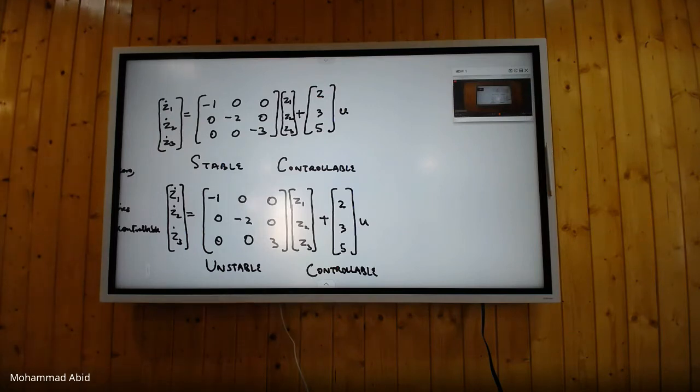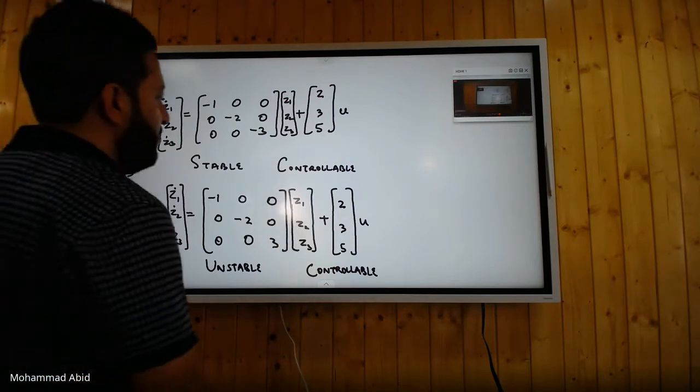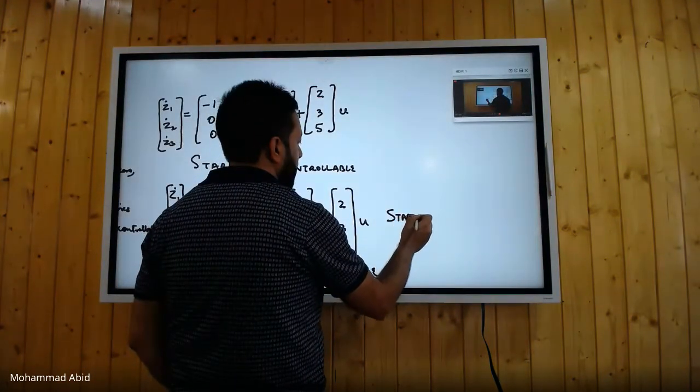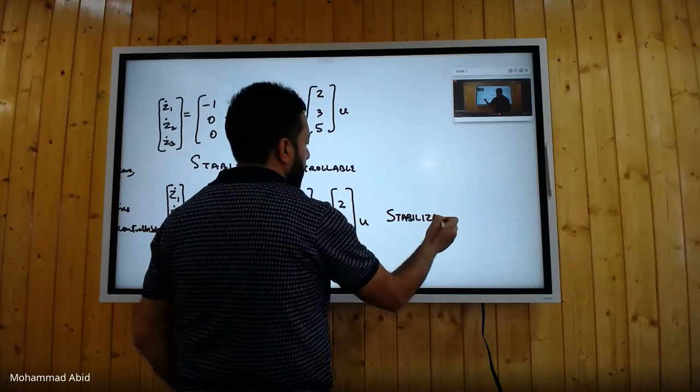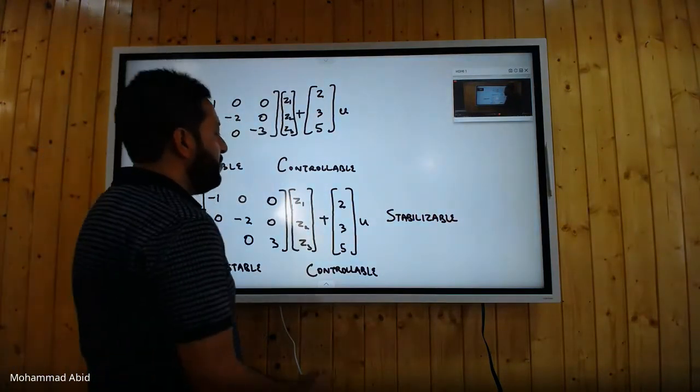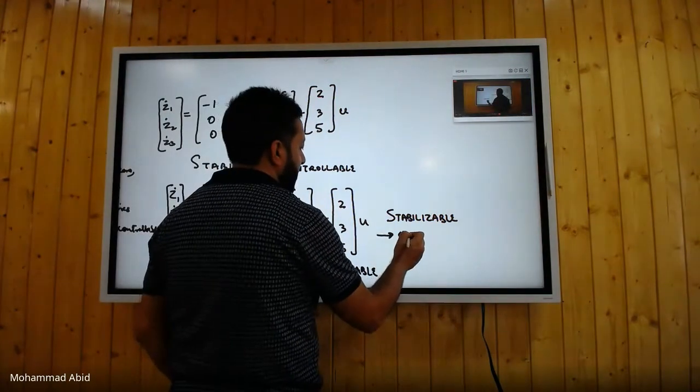Controllability means that you have a control over its dynamics. That means the unstable जो इसका state है उसको stabilize किया जा सकता है, क्योंकि इसमें ये controllable है. तो अगर system unstable है लेकिन controllable है, that system is actually stabilizable. Are you getting me? Stabilizable means can be